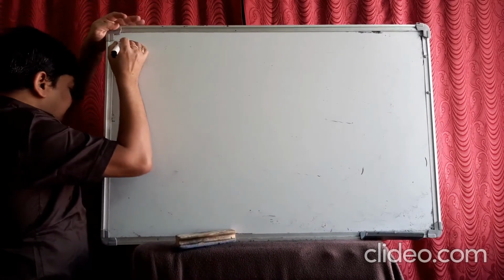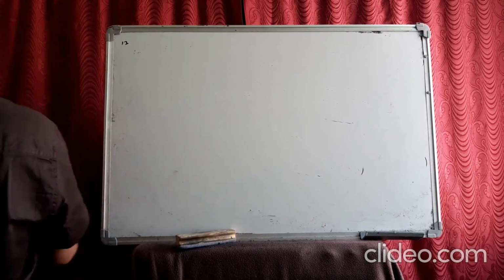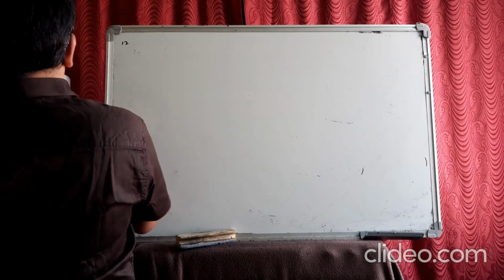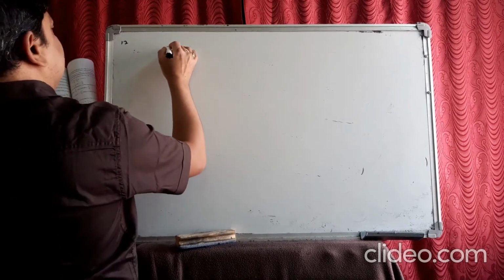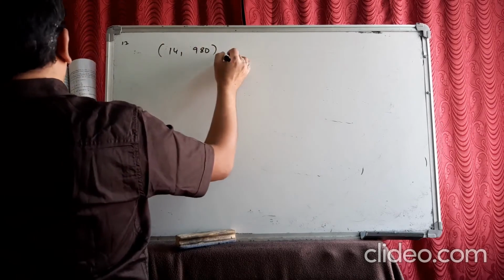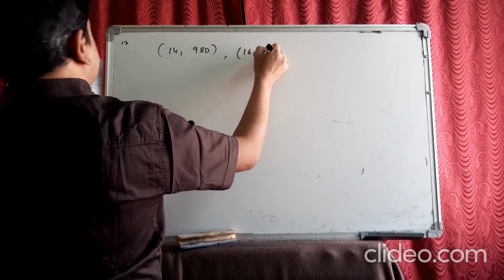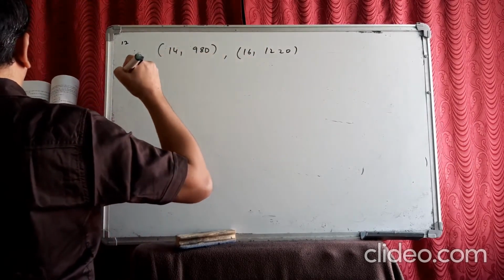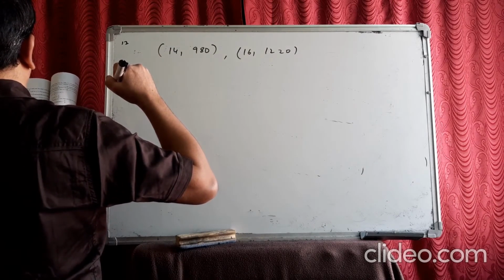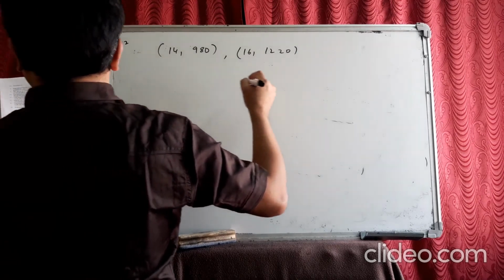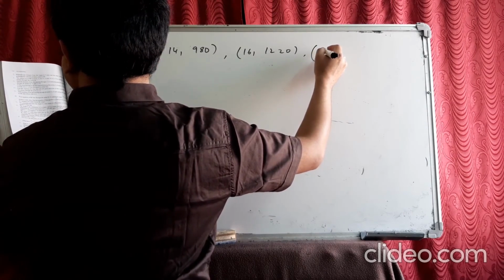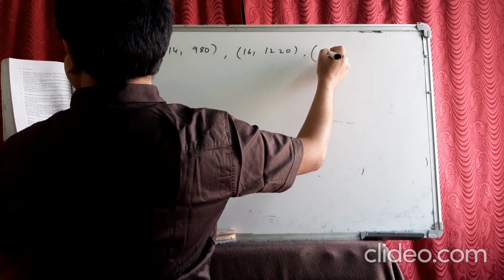Now see the 17th question. The same thing is taken in terms of milk. So what did they say? He can sell 980 liters of milk each week at rupees 14 a liter. That means if 1 liter cost is 14, he will sell 980 liters of milk. If 1 liter cost is 16, he sells 1220 liters of milk. Assuming a linear relationship between them, how many liters could he sell weekly if he takes 17 a liter?